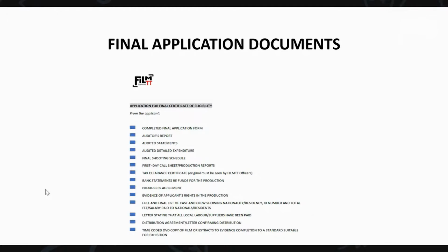Full and final list of cast and crew, showing nationality and residency. This is a spreadsheet. I know sometimes it can be confusing, but it's easier to just do it as a spreadsheet and list everybody's information, the ID number, and how much they were paid,